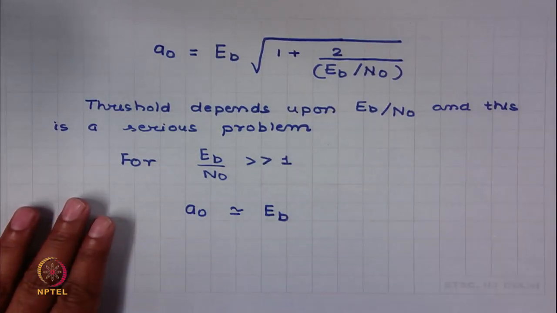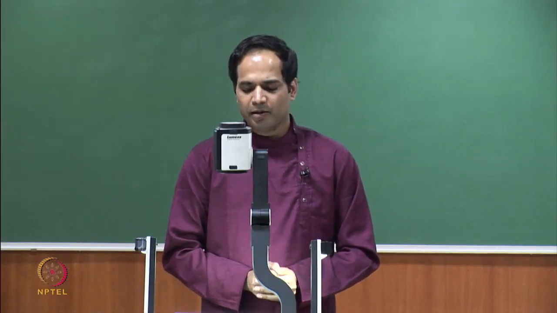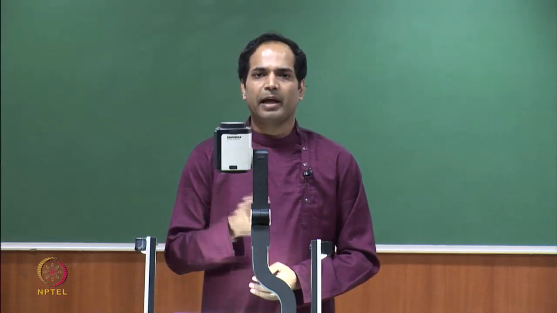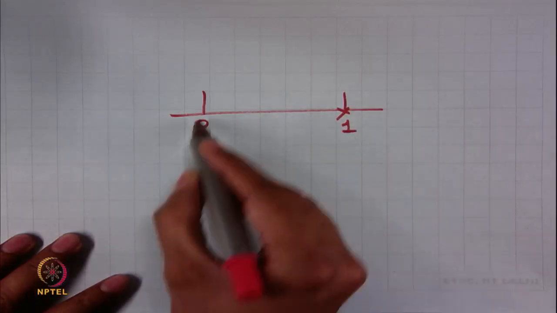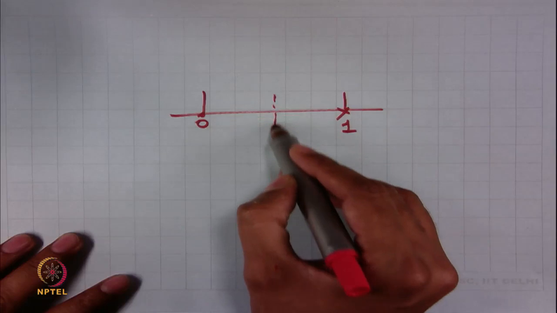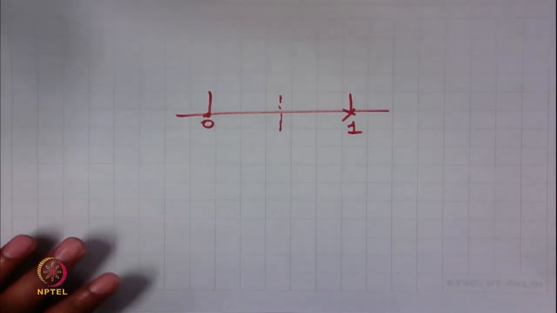And now the problem is, in this system and in any OOK system, whether it is a coherent OOK or non-coherent OOK, this is the problem that you have to live with, that the threshold is a function of E b by N naught. For example, if I would have used an antipodal signaling scheme, where does the threshold lie? If the signals are of equal priors, then the threshold lies always at 0, there is no problem. But here in case of OOK system, the threshold depends upon E b by N naught. So, for example, if you have an OOK system, here is your signal 1, here is your signal 0, your threshold will lie in between these two signal points,